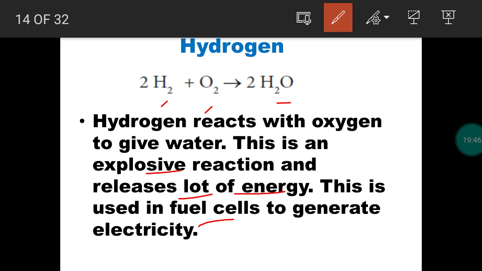So we use batteries, isn't it? In watches and mobile phones, we use batteries, where a chemical reaction will give you energy. The chemical energy is converted into electrical energy. The same way,